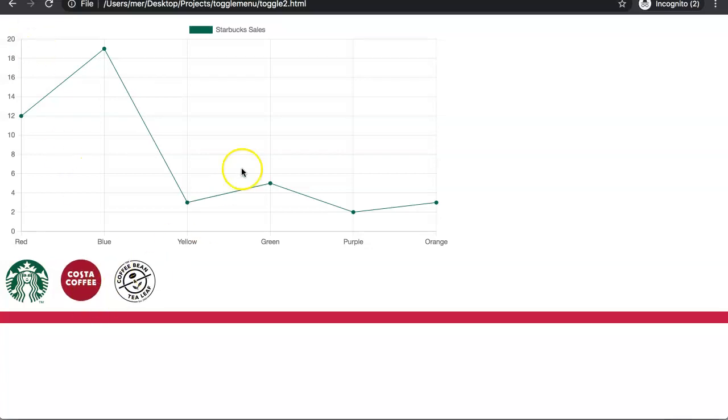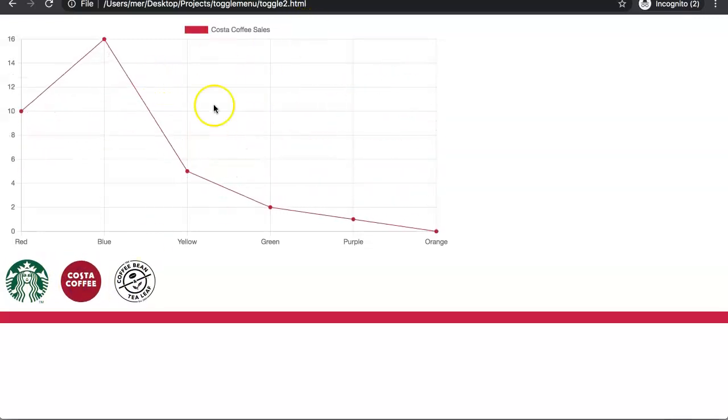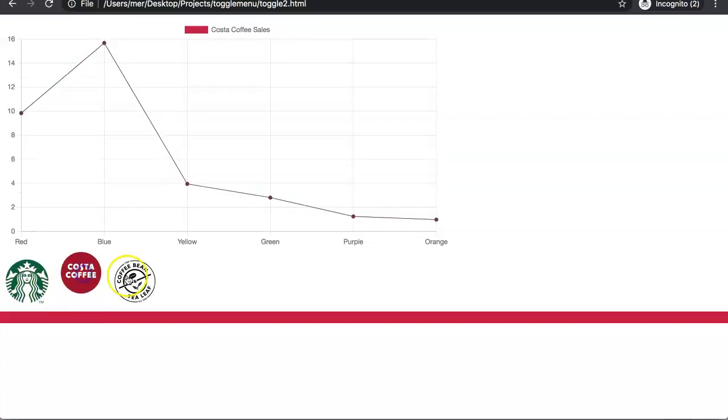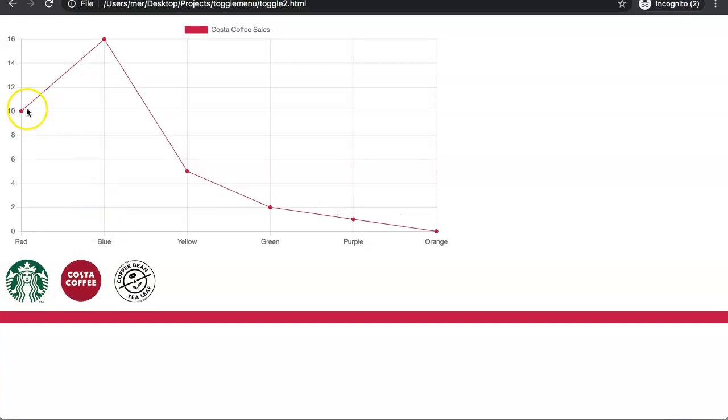In this video, we're going to explore how we can use these nice buttons here to create a nice chart effect, which would create a more interactive version of ChartJS, where we have a complete experience from a chart. You can see here the colors are starting to change, and you can see here that the label is matching as well. And if you click on Costa Coffee, we have a different coffee brand and showing the different sales